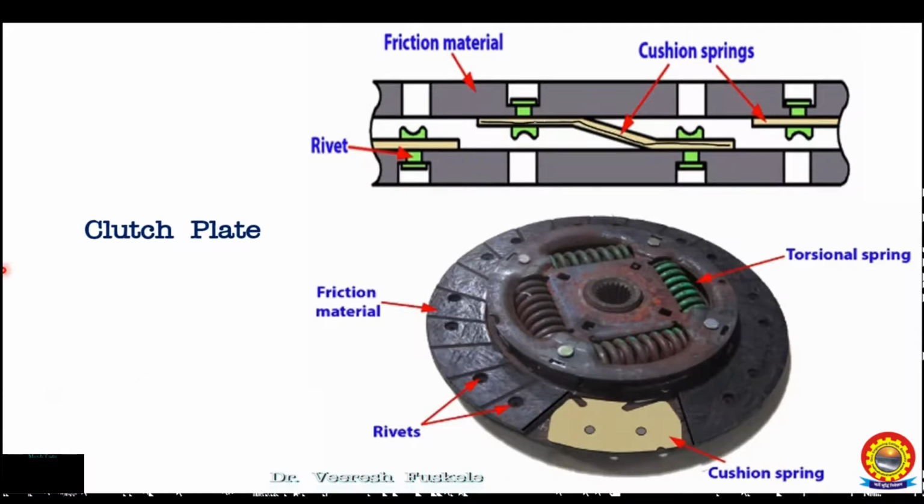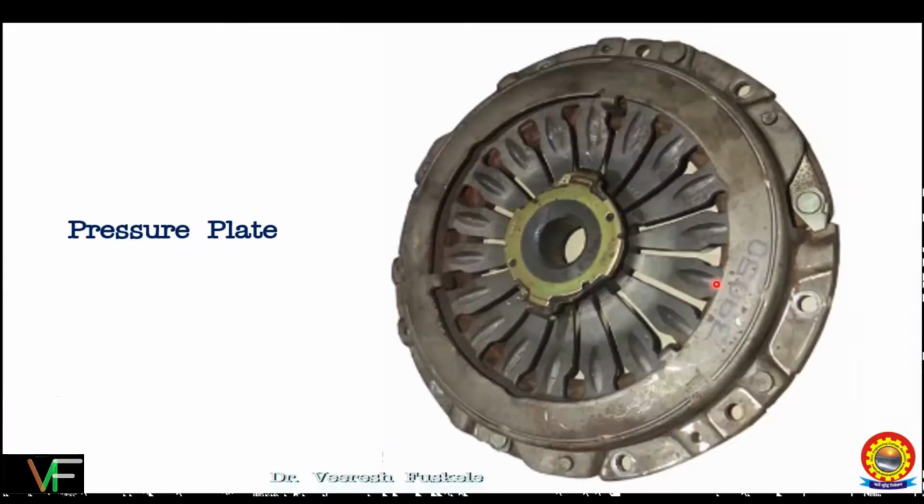Next we see the pressure plate. This is a pressure plate assembly with a so-called diaphragm spring. This diaphragm spring has these fingers, and these fingers are pivoted at this fulcrum. The diaphragm spring has circular rings on both sides, so that the circular ring acts as the pivot point. When we depress the clutch pedal, we are actually applying force on this central part of the structure through the release bearing.